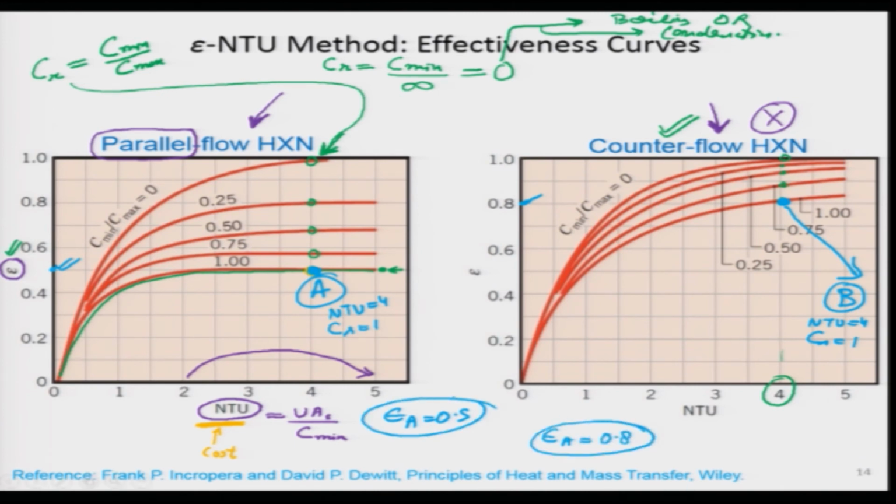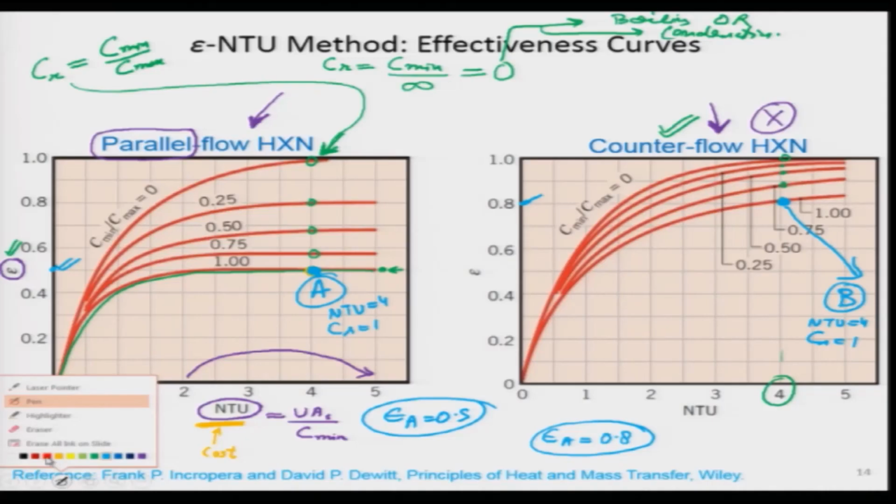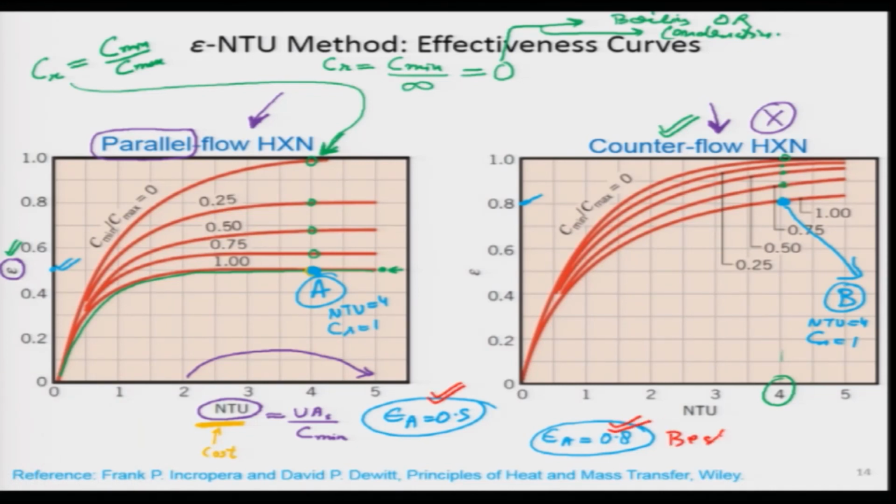So, this one-on-one comparison has shown us very clearly that under identical operating conditions, same ratio of the specific heat, same NTU, which means the same length, the counter flow heat exchanger is performing much better than the parallel flow heat exchanger, and I think that is generally true, which is why in principle the counter flow heat exchanger is one of the best performing heat exchangers in terms of effectiveness. So, very quickly we will do the same analysis on the next slide, where we will change the type of heat exchangers that we are looking at.